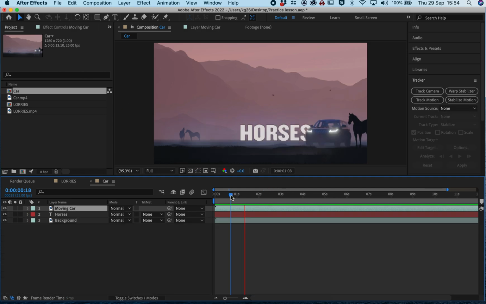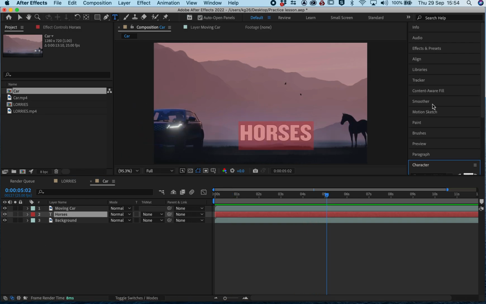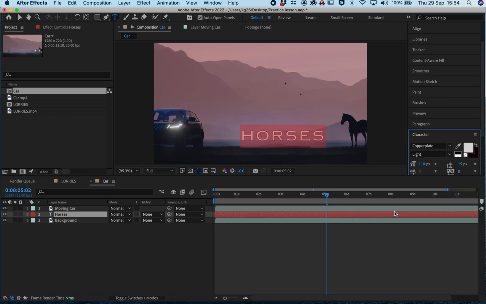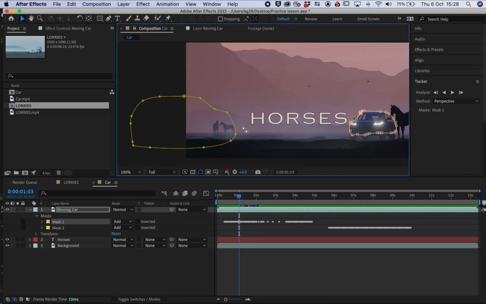So the cool thing about this is by masking the object and not the word, you can then change whatever the word is and move it around. So if I wanted to change the font, I could, because the car is providing the mask. Okay, so I'm just going to show you one more way of using a mask. I've just changed the font to be a little bit bigger, so when we play, it clearly should be seen